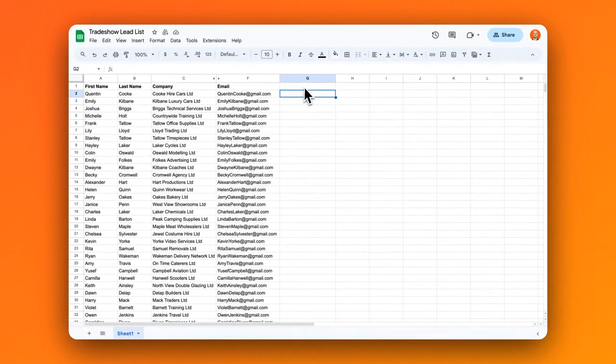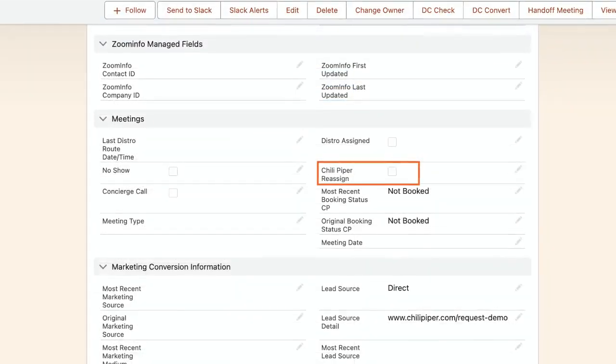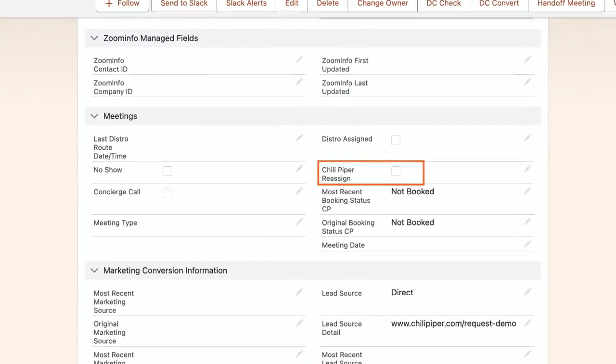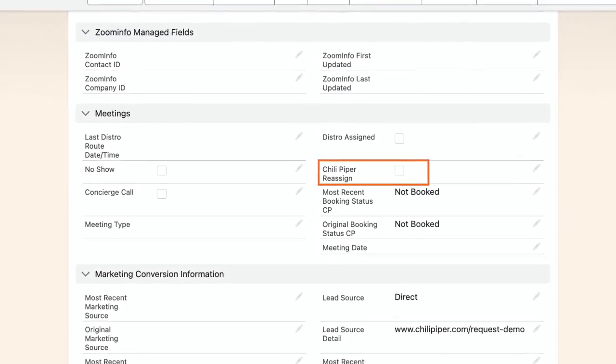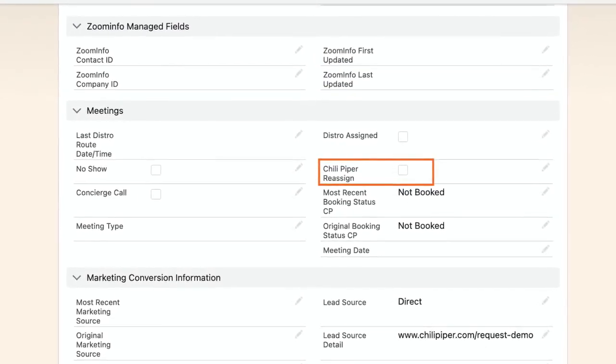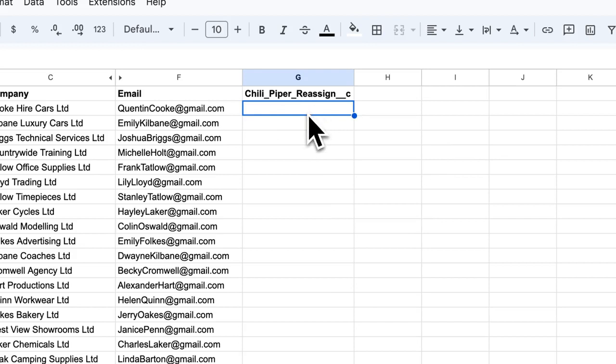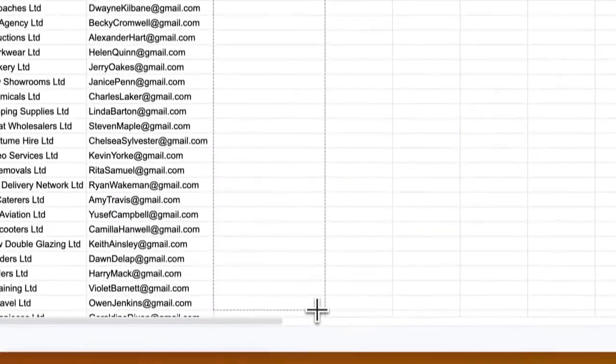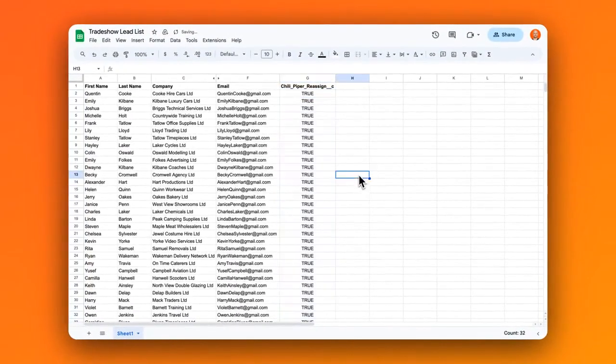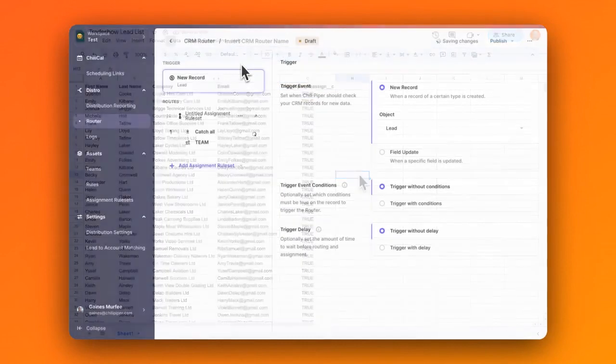So here you can see I have a list of leads from a recent trade show. The first thing I would want to do is add a custom field to the list that will be used later as a trigger for my router. In this example, the field is Chili Piper Reassign, and I've marked this field for each lead as true. And after I've done this, then I would upload this list into Salesforce using the lead upload or data loader